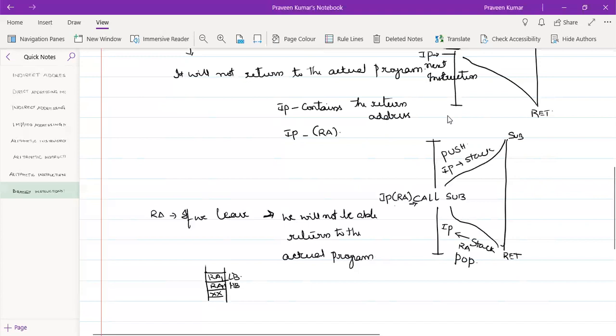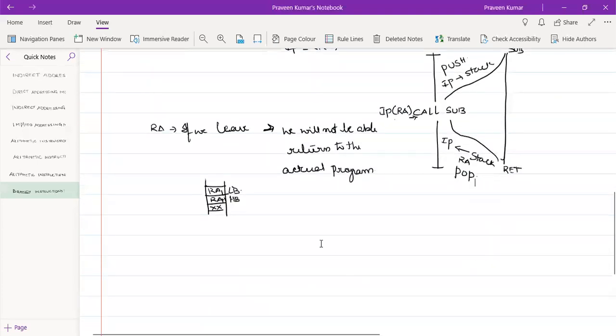So here we have taken two different cases. They are jump and call, where jump will not return back to the program. It will go to the next address and get executed sequentially. But in the call, we will be returning to the next instruction and executing it sequentially. So there are two different types of branch instructions, jump and call, which will be performed in two different ways.